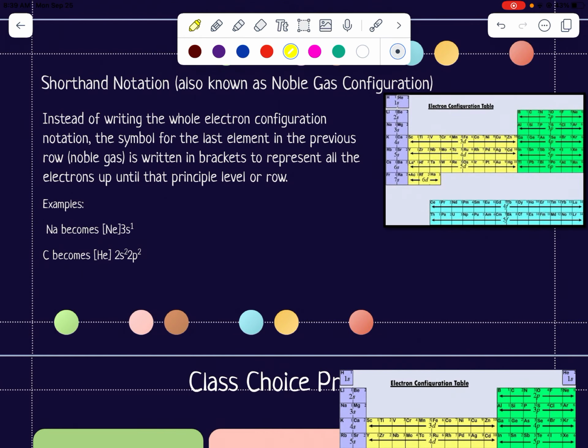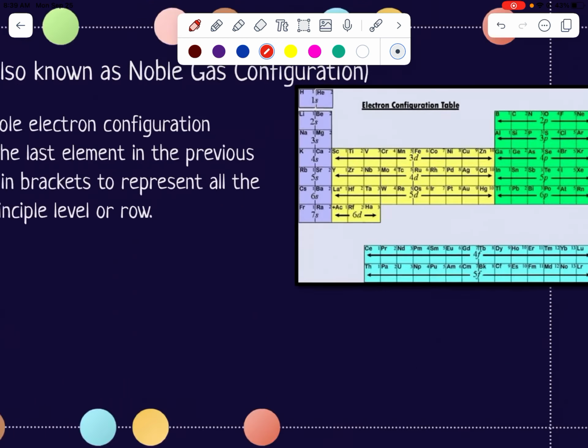Continuing on, we are going to look at what's called shorthand notation. So instead of writing the whole electron configuration notation, which is very long sometimes, we are going to do the symbol for the last element in the previous row, which is going to be a noble gas. It's going to be written in brackets to represent all the electrons up until that row, and then we will continue. So for instance, the element sodium, which we've been looking at today, let's find it on the periodic table